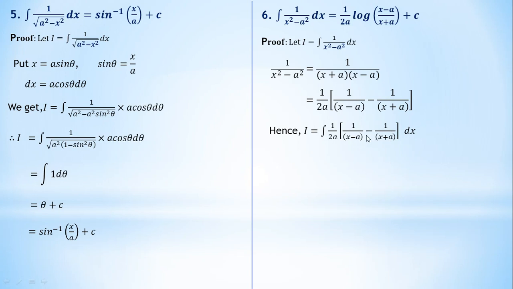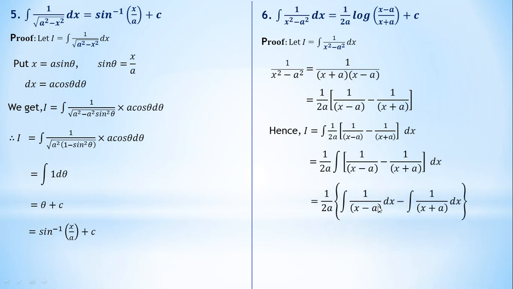Now see this. So this is the adjustment. Here substitution is not required. We have to solve it algebraically by adjusting the term like this. So do the rough work, confirm the adjustment, and then you can write like this. Now 1 upon 2a is a constant, so you can take it outside of the integration, and integration of 1 upon x minus a minus 1 upon x plus a.